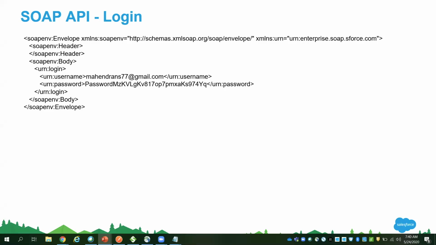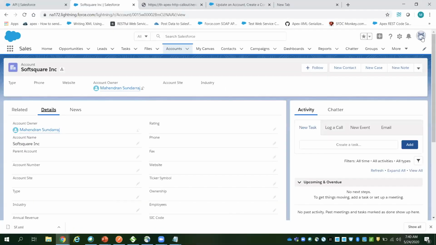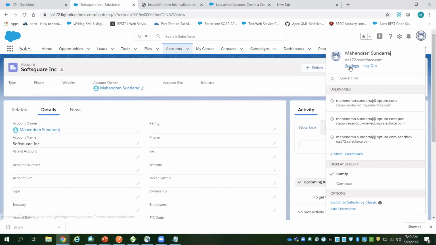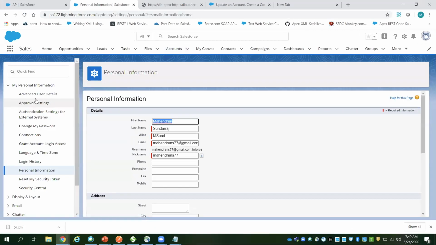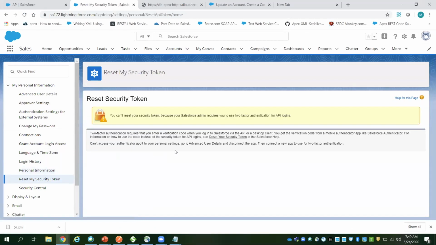If you're not using two-factor authentication, you can reset and generate the token by using the security token.